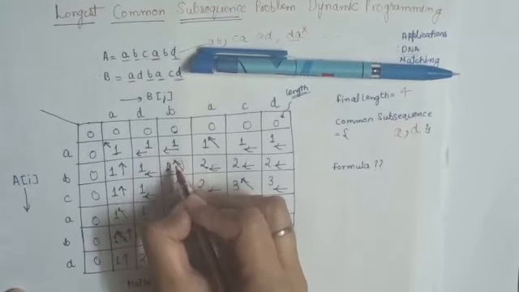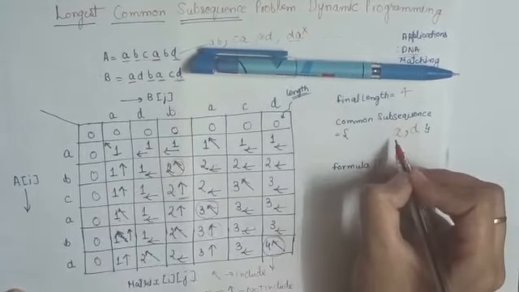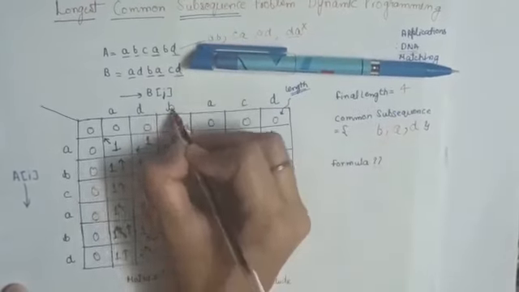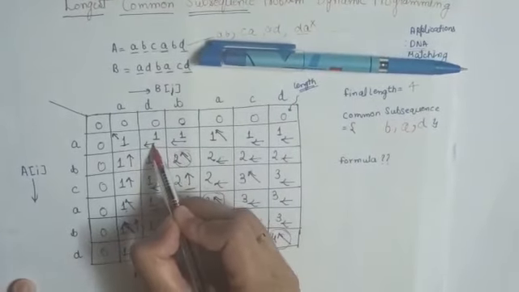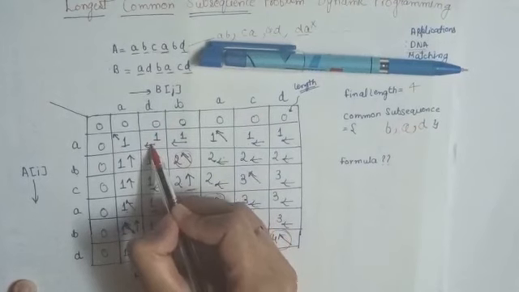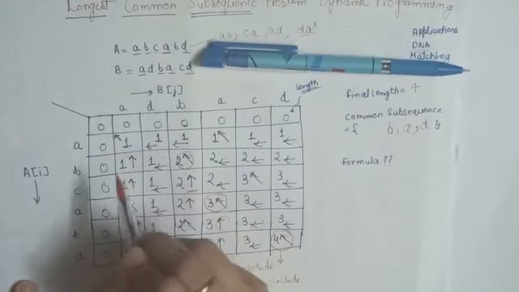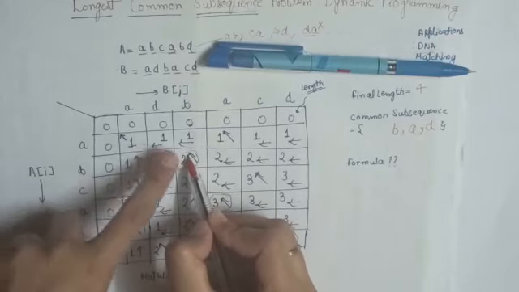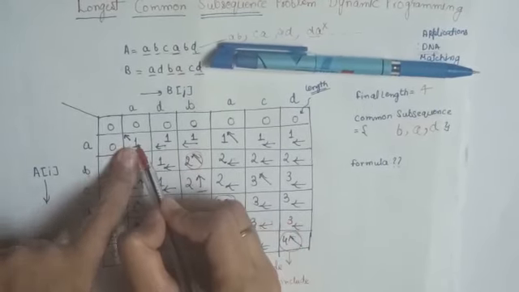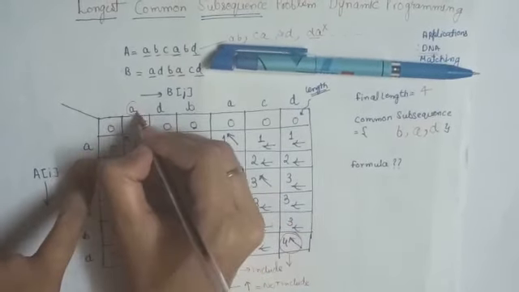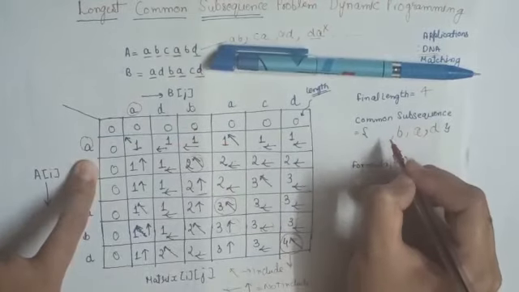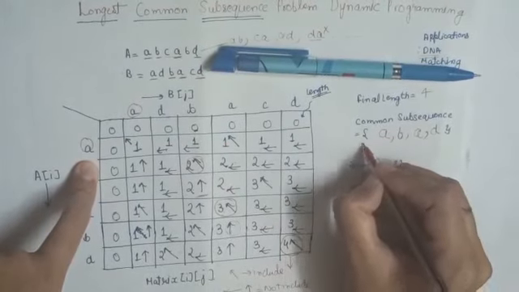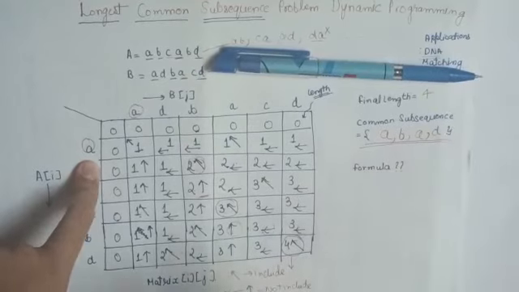This is diagonal, these both are same, so I will write B, both are B. This is diagonal, diagonally it will come over here, this is leftward, I don't have to include, I'll only include elements pertaining to diagonal. So it will come over here, this is diagonal, so I have to write A and A, I have to include. So friends, this is one of the longest common possible subsequences.